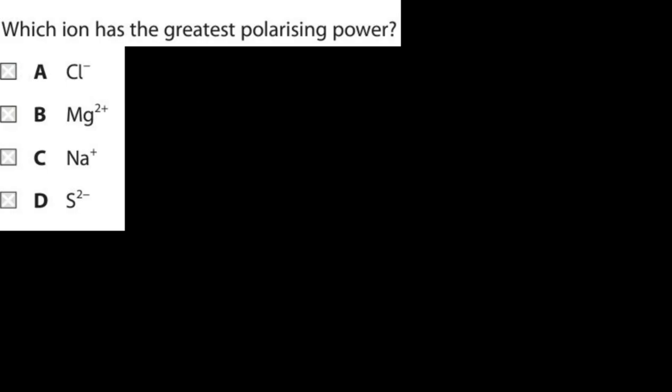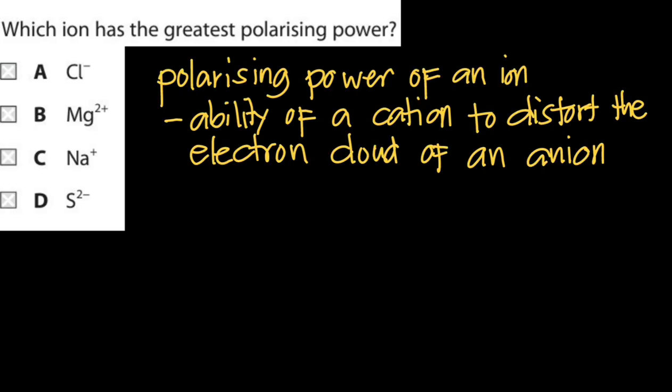Which ion has the greatest polarizing power? Chloride, magnesium ion, sodium, or sulfide? So what is the polarizing power of an ion? The polarizing power of an ion is the ability of a cation to distort the electron cloud of